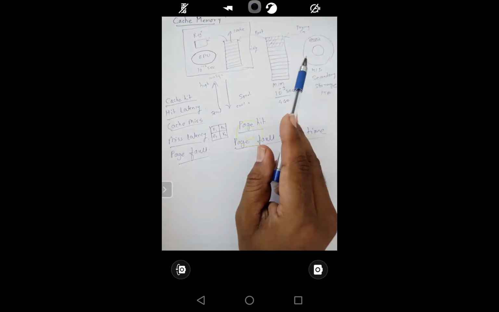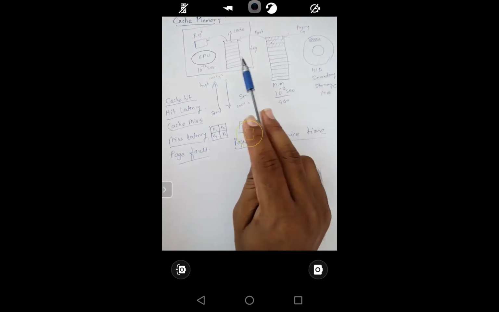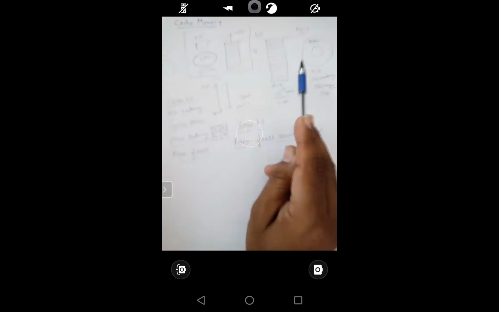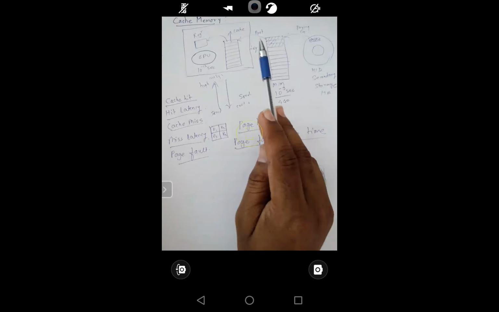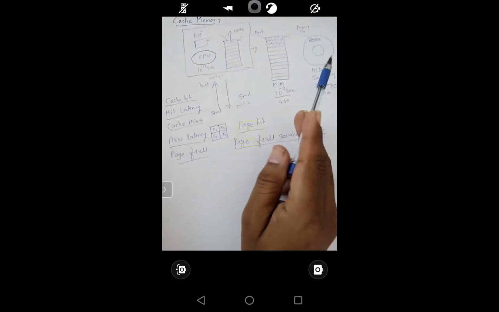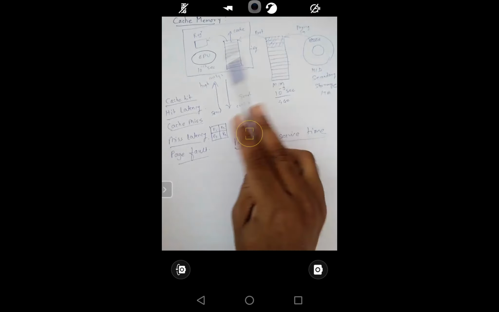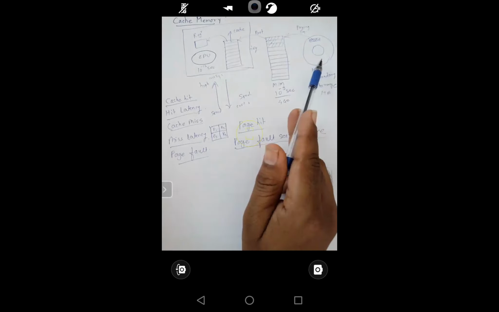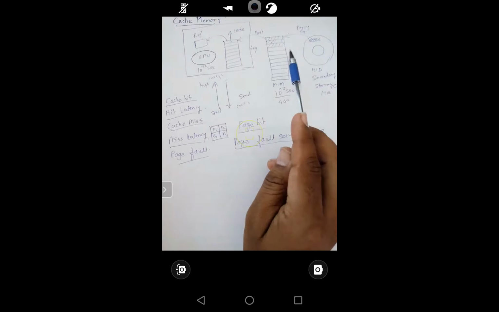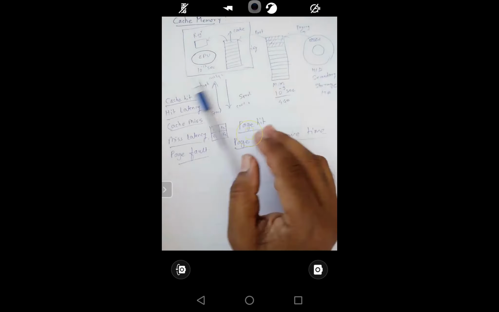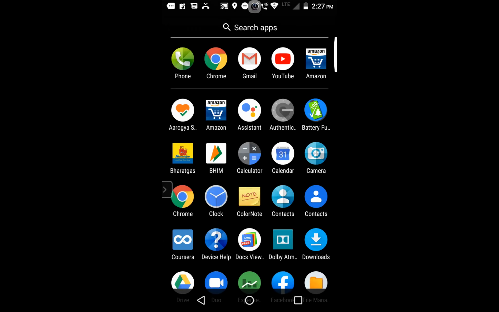Okay. So my question to you: why is there a different level of hierarchy? Why are we not directly accessing our data from the main memory? Why is the processor not directly accessing the data from the secondary storage? Why is there a hierarchy of memory like main memory, cache, register? Why? Kindly post your answer through the chat box. What is the reason?